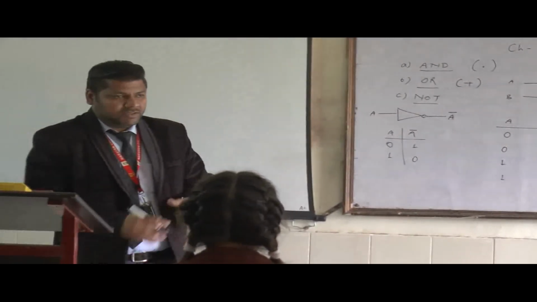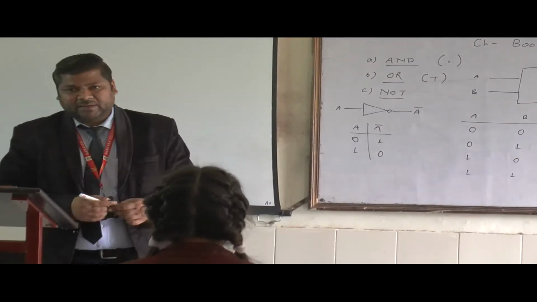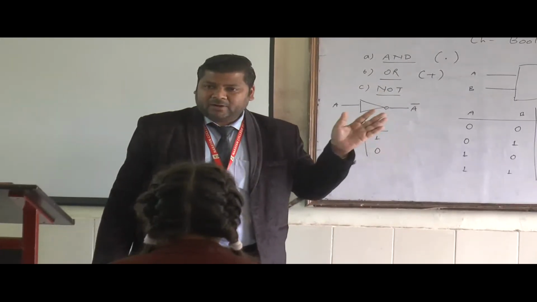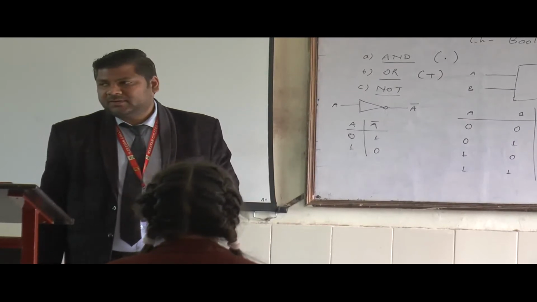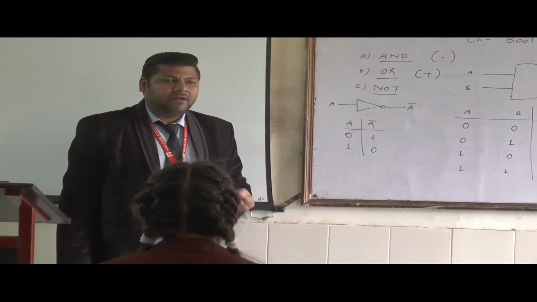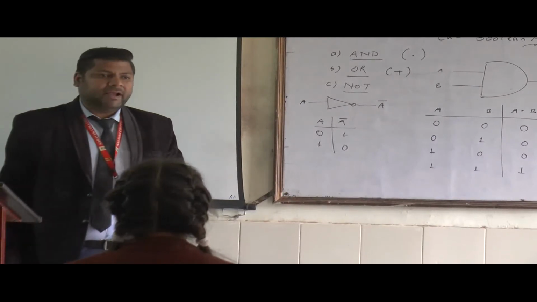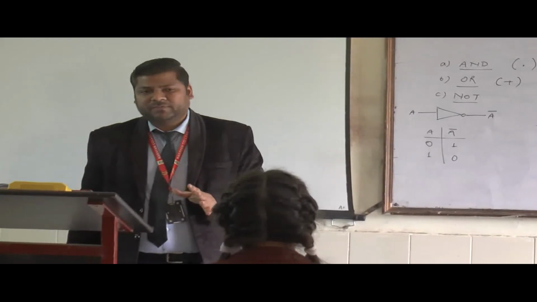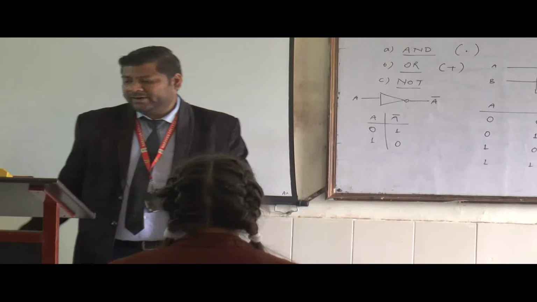Okay, so this is the concept of basic logic gates. There are 3 types of basic logic gates: AND, OR, NOT. AND and OR are binary gates, whereas NOT is unary gate. Unary gate, only single input is required. Binary gate, 2 or more than 2 inputs are required. But remember that in all the gates, only single output signal will be produced. Fine. Now let us move to the next topic,